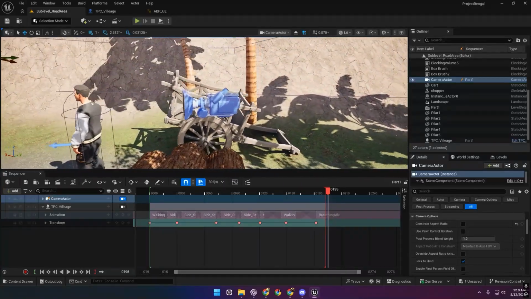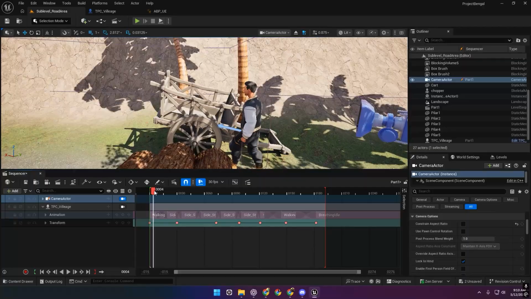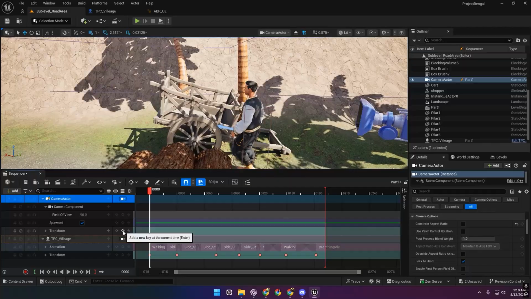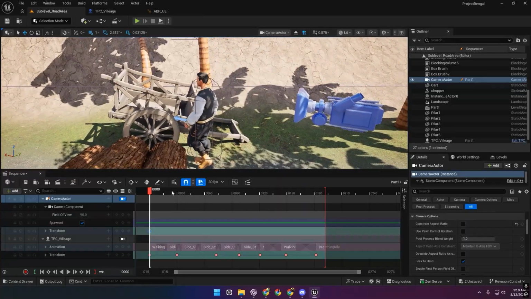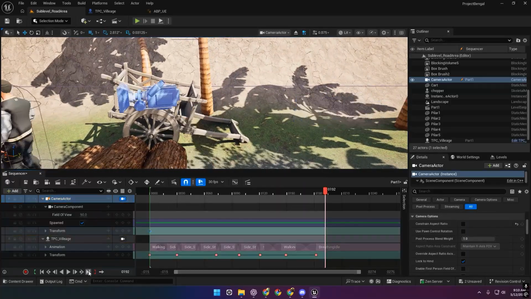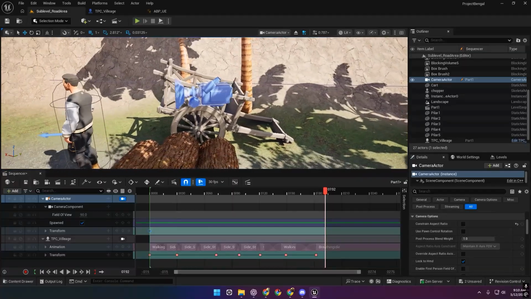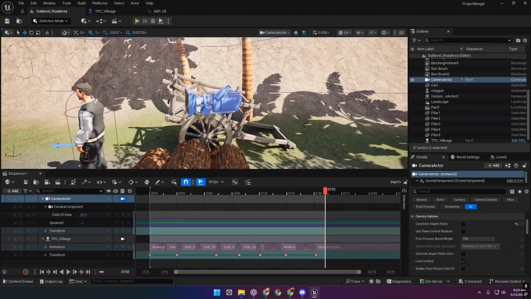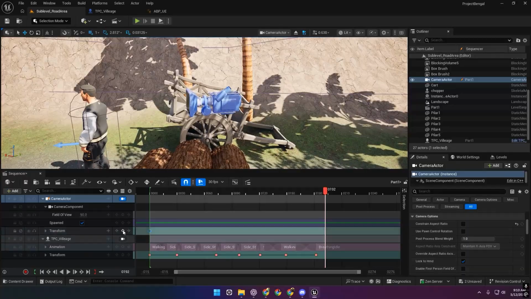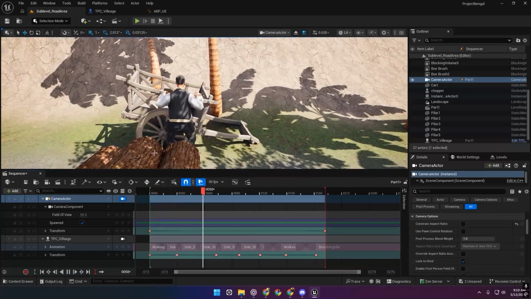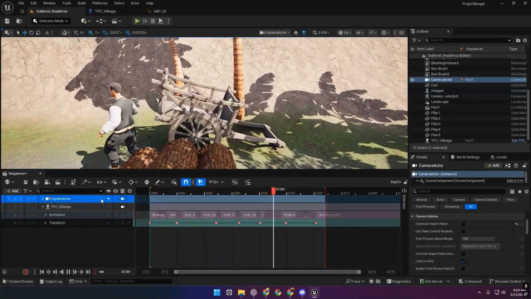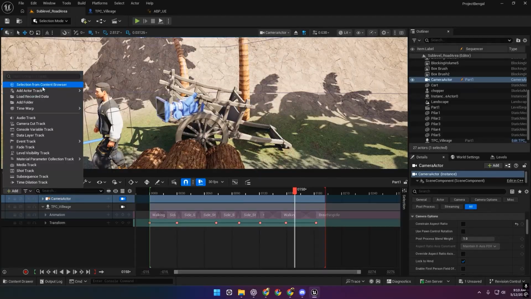So I'm going to place my camera, I think, somewhere around here. So in camera, let's add a transform key right here, and at the end I'm going to move it somewhere around here, maybe. So now let's play. Okay, and now we need